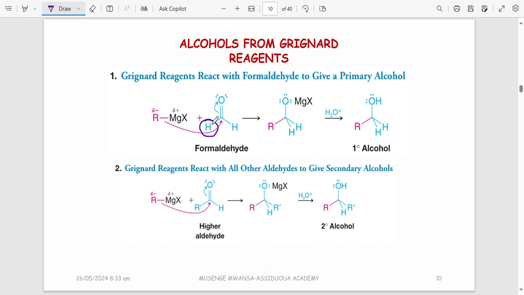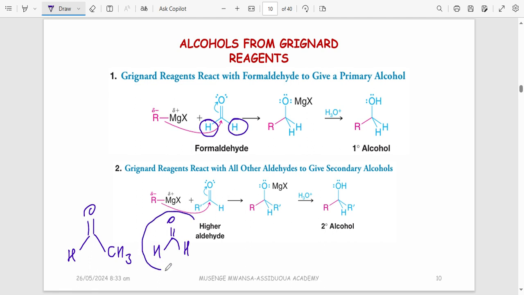Look at this. Is this an aldehyde or a ketone? Have you seen where the two hydrogens have been circled? Is that an aldehyde or a ketone? Yes, it's an aldehyde, as long as you have got a hydrogen at one end. So when you have got an aldehyde like this one, and also an aldehyde like this one,